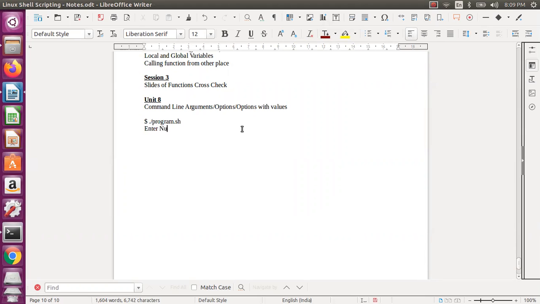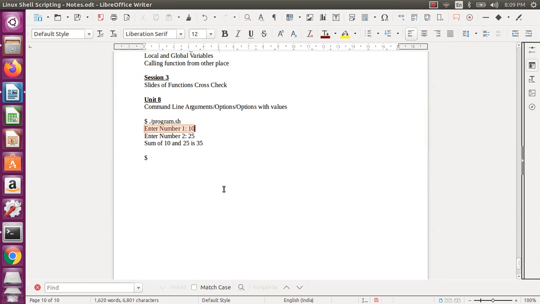Say, enter number one, and the user has entered 10. Then enter number two, and the user has entered 25. Sum of two numbers, I am taking a very basic one, the sum of 10 and 25 is 35. Assume you are doing something like this, passing the user input.